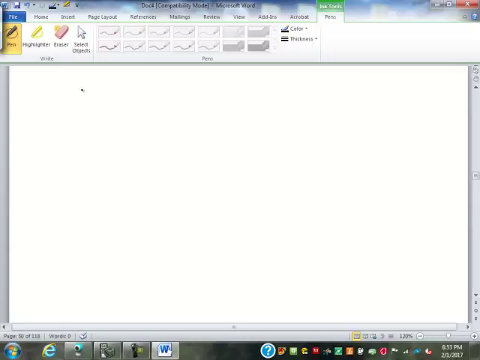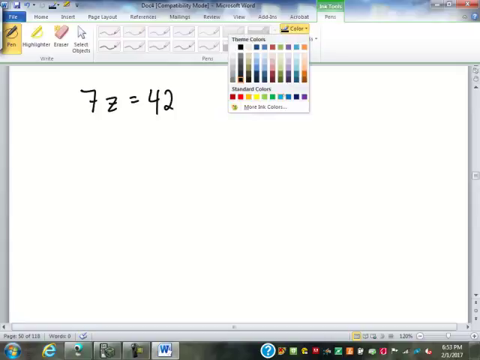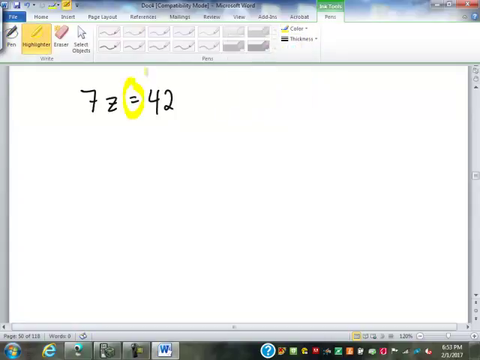We might have 7z equals 42. Let's go through the process. Here's the equal sign. Which side has the variable on it? Left side, right? On the left. What's keeping that variable from being alone? 7. And it was attached with what operation? Multiplication. 7z means 7 times z. So to get rid of it, we need to divide. Divide by 7. Perfect. Dividing by 7 makes that go away, leaves us with z. And of course, we have to do exactly the same thing to the other side. 42 divided by 7